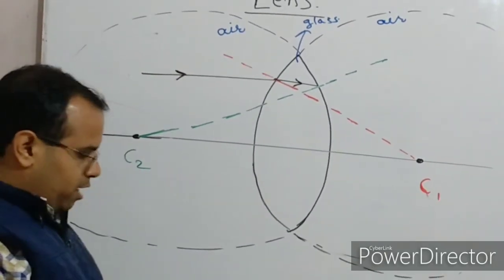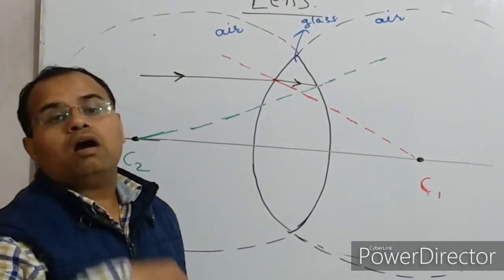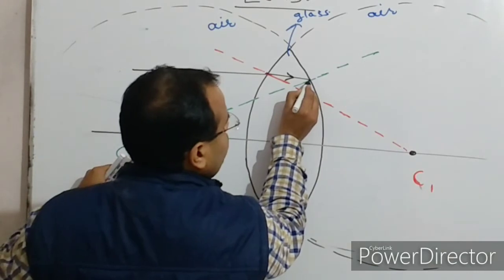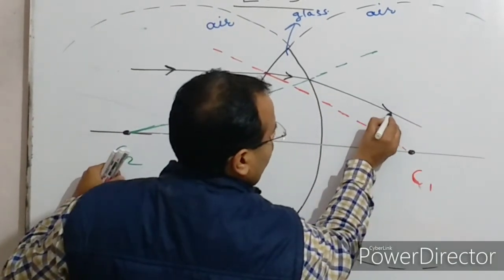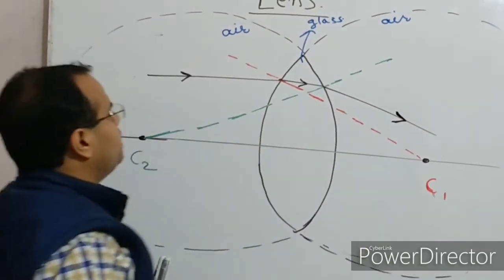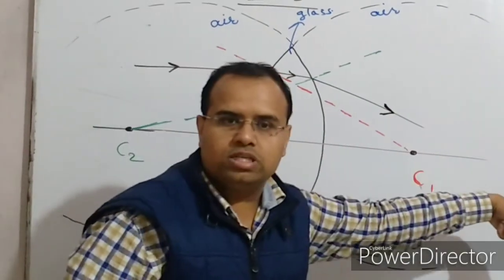Now what happens when the light passes from denser to rarer medium, it bends away from the normal. So it will bend away from the normal. So it goes like this now. Okay, so if you see the overall effect, it is like this: the light ray which is incident parallel to the principal axis is bending towards the